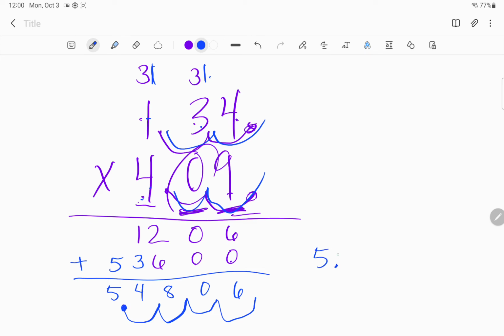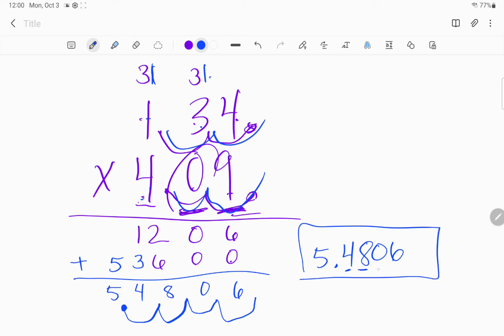So your answer should be 5 and 4806. Or 5 and these are tenths. These are hundredths, these are thousandths, these are 10,000ths. So 5 and 486 10,000ths. I don't know if I said that right. That's okay. The key is to remember you moved it out 2, 3, 4, bring it back in, and then